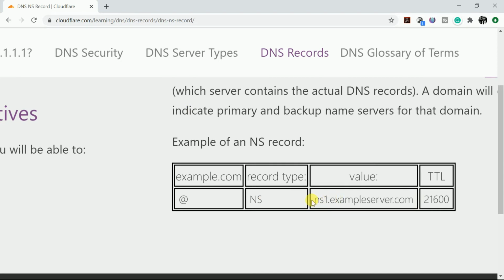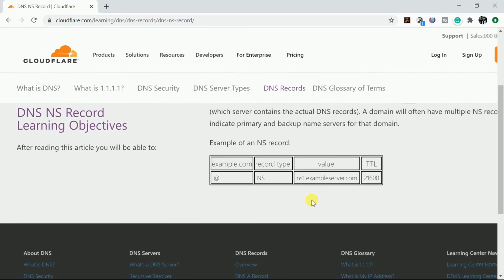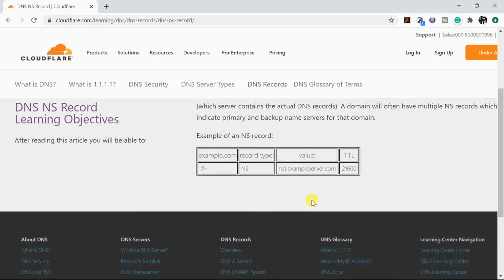Here you can see ns1.exampleserver.com. Whenever you contact any name server provider like godaddy.com for a domain name, they will provide you the name server. That's the first thing. You will be given a name server, and mostly there will be two name servers for your website. In most cases, I have not seen any website with just one name server. At least it is going to have two name servers, and it should look like ns1.vampserver.com, ns2.vampserver.com, and so on. So these are the NS records.